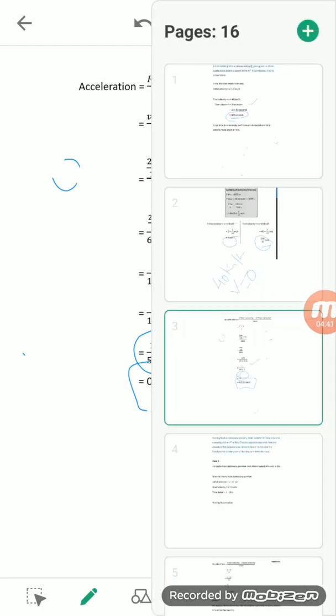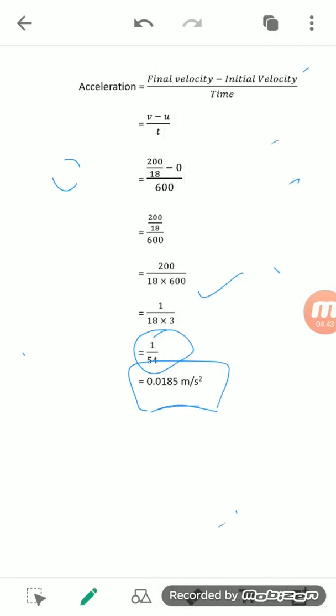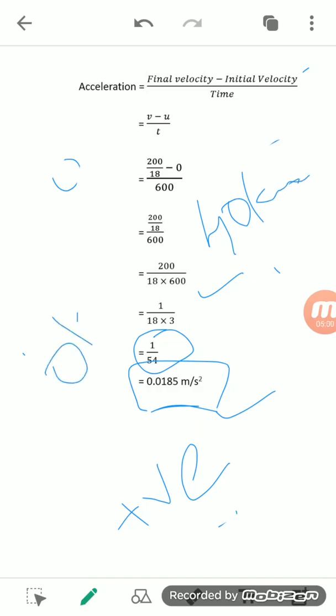Okay. So you see here, the value of the acceleration that we got is positive. So this kind of acceleration is a positive acceleration. And why is it so? You can see the final velocity is 40 kilometer per hour and the initial velocity is 0 kilometer per hour. So the speed is continuously increasing. So you can say that it is a positive acceleration, and you can see the result that came is also positive.